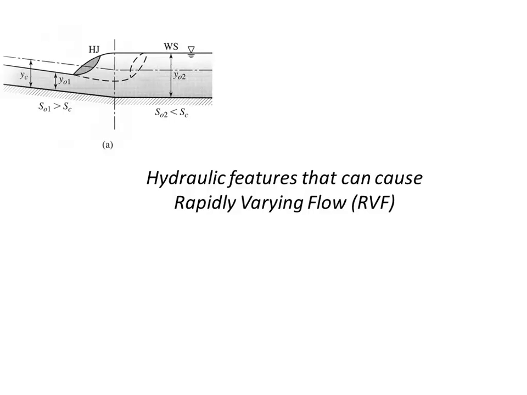But here we've got a steep slope and now a mild slope after that transition. So in the mild slope, there should be subcritical depth, but there's a supercritical depth in the segment where we've got a steep channel. So there's going to have to be a transition there where it goes from supercritical flow to subcritical flow. And by definition, that kind of a transition is the hydraulic jump. And so here is a hydraulic feature that causes rapidly varying flow.